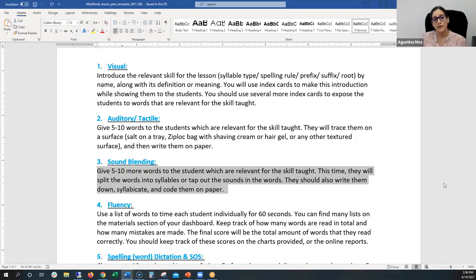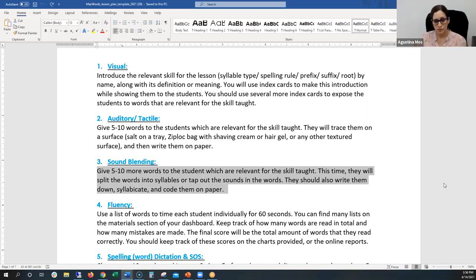The basic steps will be the same, but some of them you'll see that it doesn't apply to the rule that you're going over right now. This is also relevant if we think about Clover or the vowel teams. I can't sound out the vowel teams, I'm going to come up with really weird sounds. So for the sound blending, I would need to come up with something else, some alternative to this step where